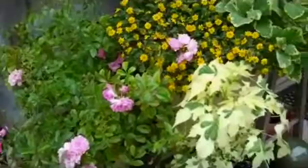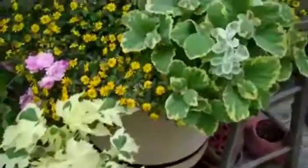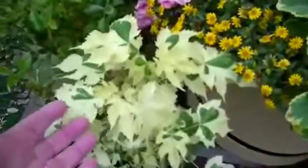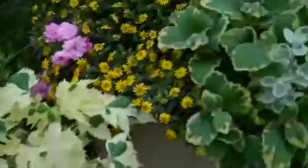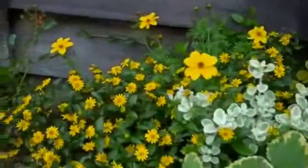I have a few pots this year, not as many as other years. This is a new plant. It's a variegated abutilon, and I will have to bring it in for the winter because it's not hardy. None of these plants in pots are hardy except for the